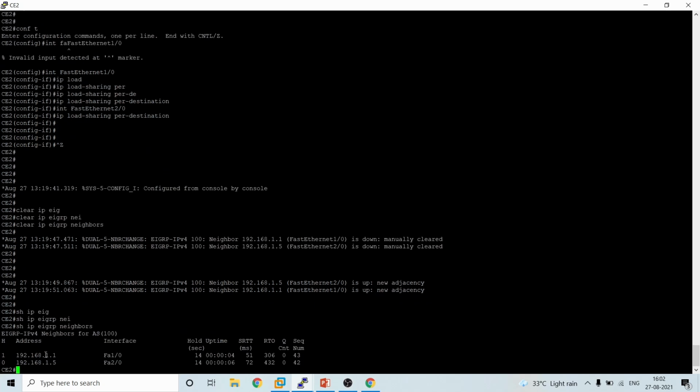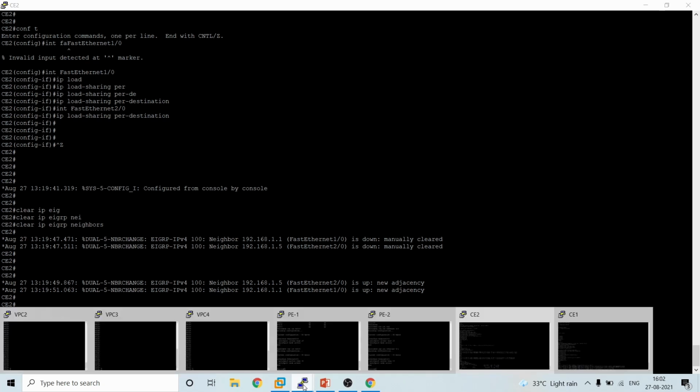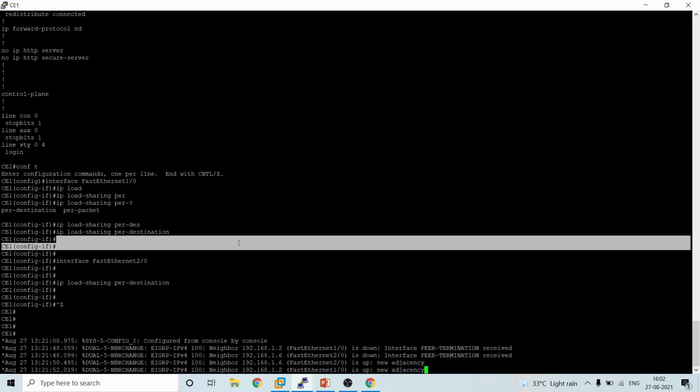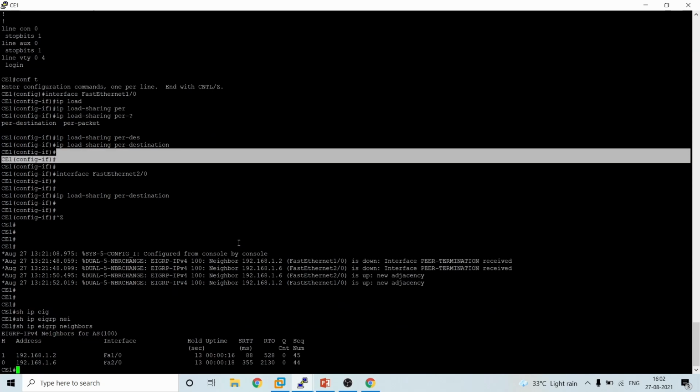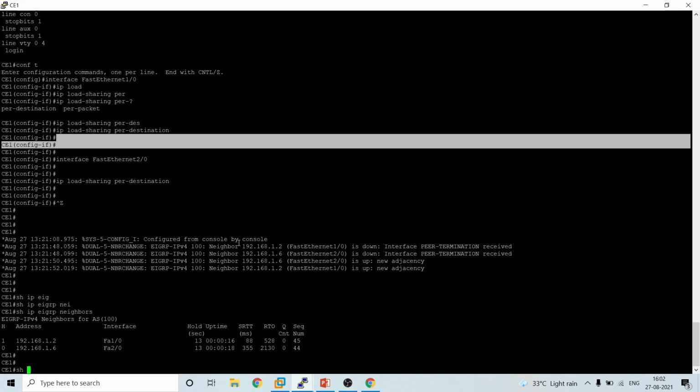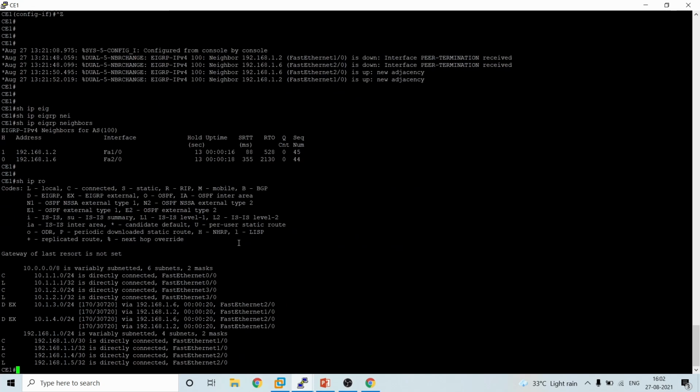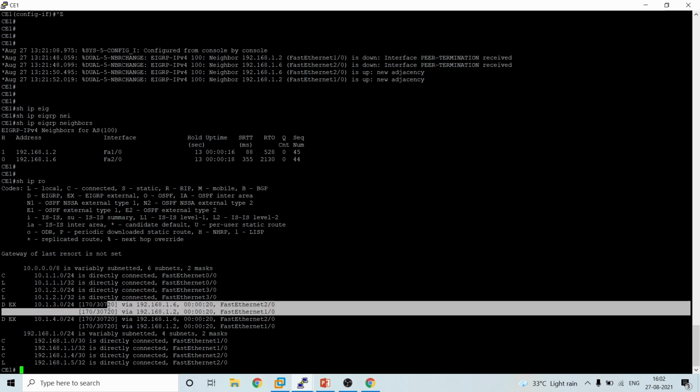These are all up, so both the EIGRP neighbors are up, and we'll check CE1 as well. Show IP EIGRP neighbors. Both are up. I'll give a show IP route to show what subnets are available. You can see here 1.3.0 and 4.0 are available through EIGRP, and these have two paths, from 1.2 and 1.6.